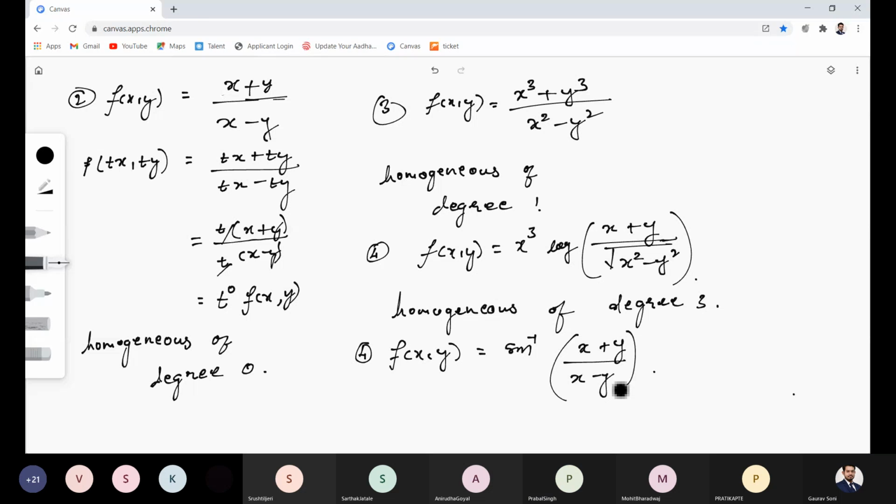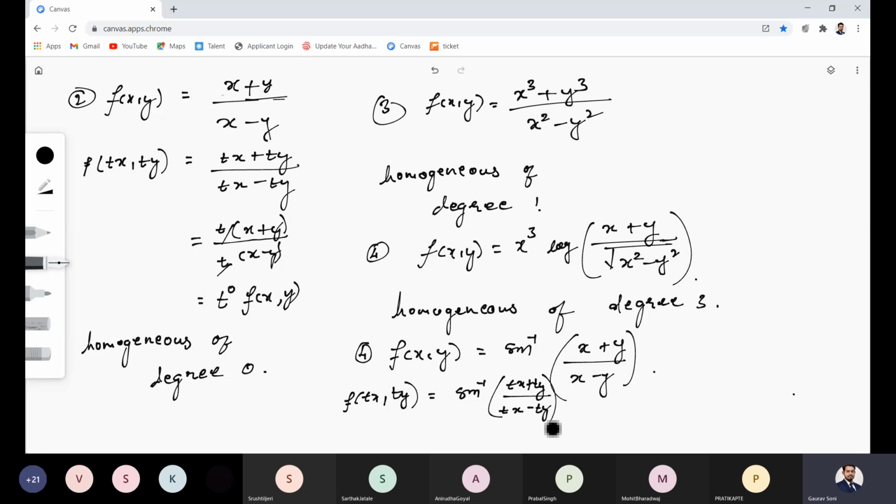Why? Because we cannot determine degrees of functions which are inverse and other complex functions. You start with tx comma ty and see if you could get to what you require, t raised to n f of x y. So sine inverse of tx plus ty upon